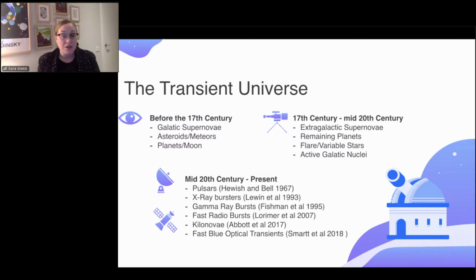What is interesting about most of these very exciting classes of transients is that a lot of them were found serendipitously. They weren't found because they were being searched for, but rather they were a product of a different survey that led us to them by chance. Which is interesting because then we get to a point where we need to understand: is there anything more out there that we're going to find by chance, or can we design a survey to think about it more critically?